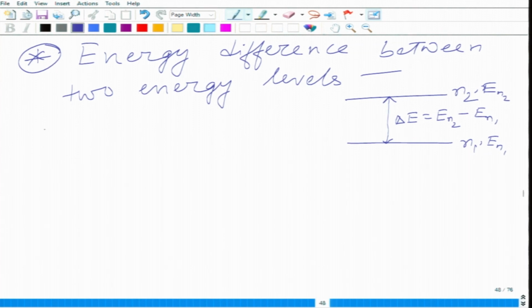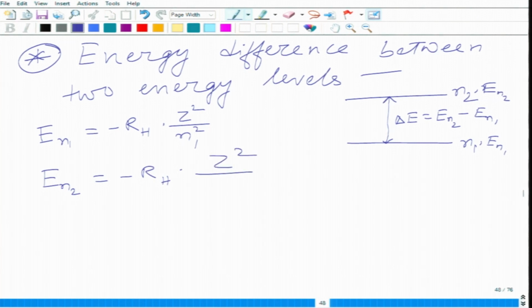Now, according to the formulas, we can write En1 as minus RH into Z squared by n1 squared, and we can write En2 as minus RH into Z squared by n2 squared, right. So, what will be delta E? Delta E will be En2 minus En1, that is equal to